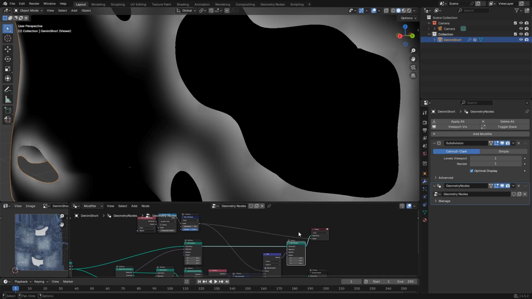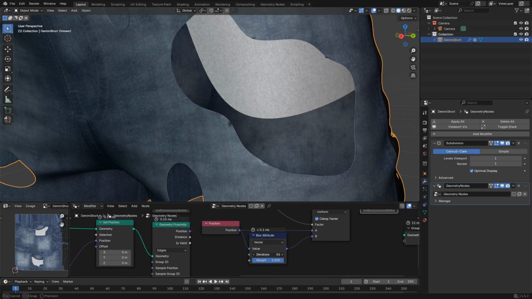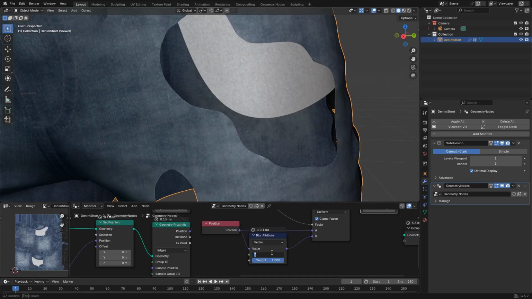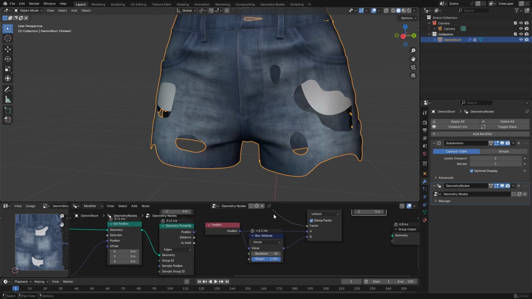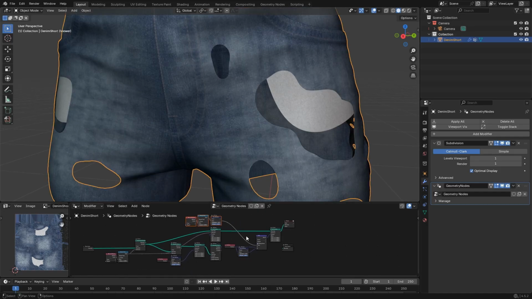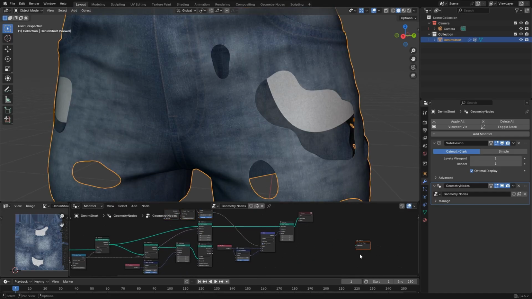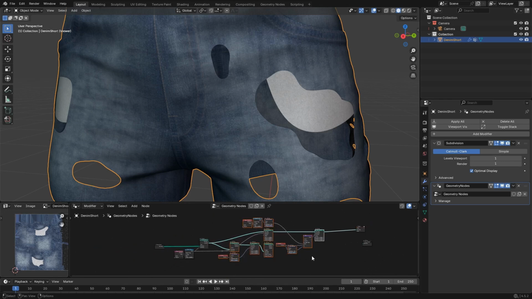And let's also disable this. And as you can see, it's going to help us smooth that area a little bit better. And that's it for creating the holes. That's the basic logic of how you create the holes. Now, the way you want to smooth the areas outside of it really depends on you. Now, what we can do is actually make this into a